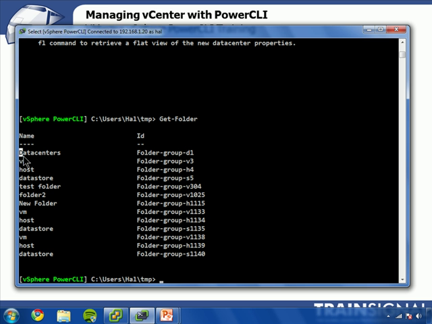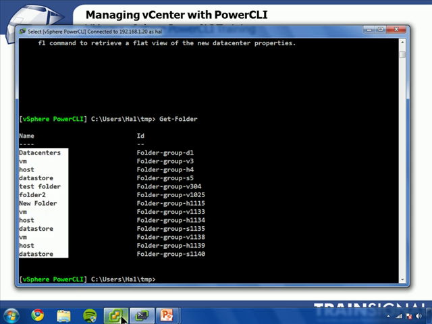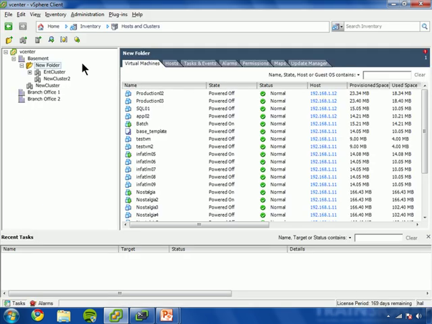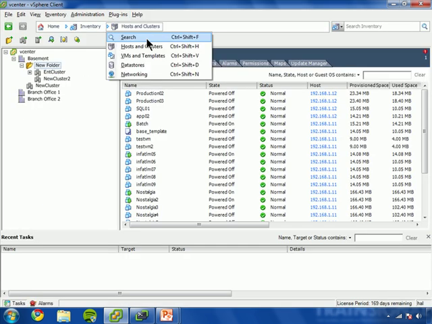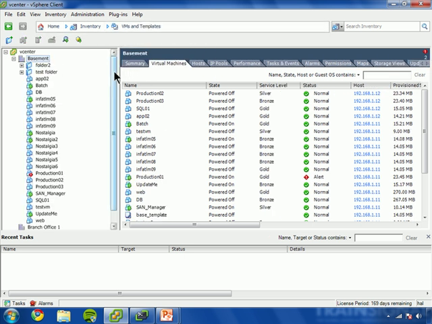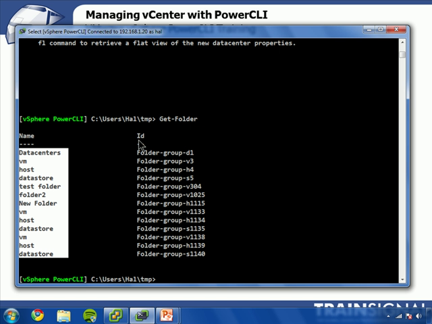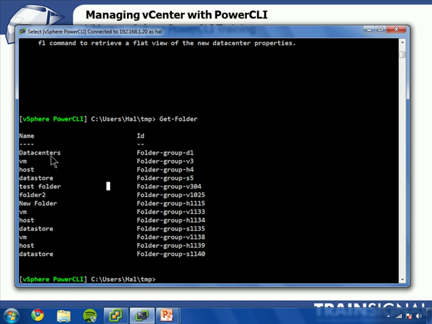We've got here the list of the folders, and if we go over to my vCenter, you'll see that I have several folders, such as this one here, New Folder. If I go to VMs and Templates, I have a couple of others, Folder 2, Test Folder, and that's about it. Now, if we look at the results in my shell, I've got quite a few more. I have Datacenters, VM, Host, Datastore, and none of these are obvious from looking at the vCenter client. They're special folders, they do have meaning, and there are things in them, but for the purposes of what I'm trying to do, and that is create a new data center, none of these really help. Although,